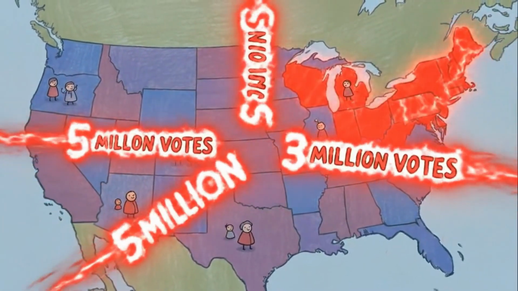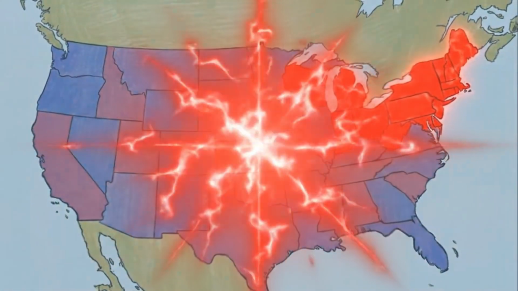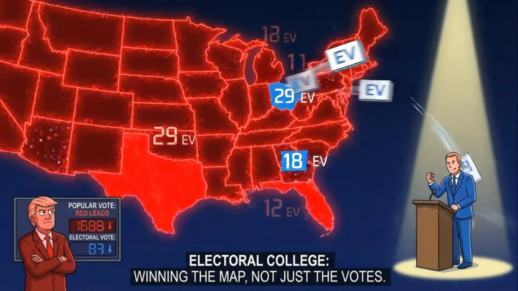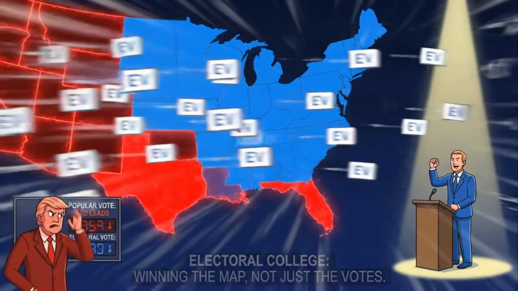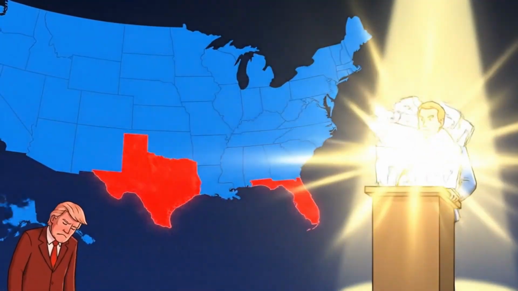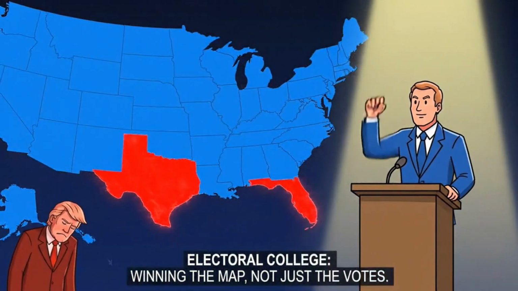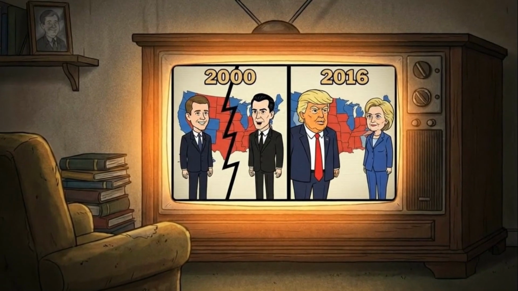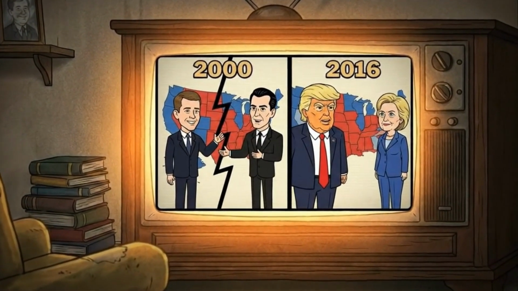A candidate might win the popular vote by a large margin in a few very populous states, accumulating millions of votes, but lose narrowly in many other states, thereby losing the electoral votes in those states. This can lead to a situation where the national popular vote leader falls short of the 270 electoral votes needed